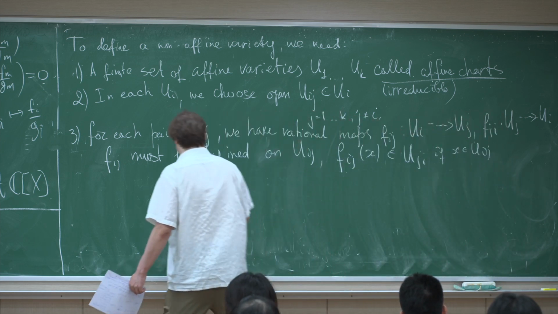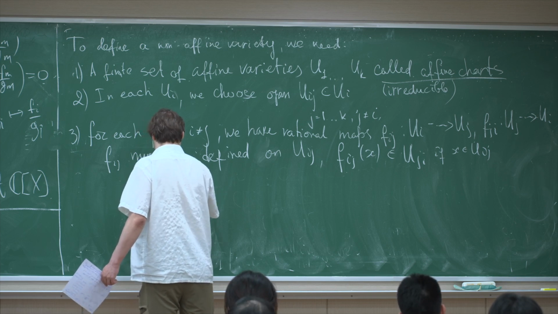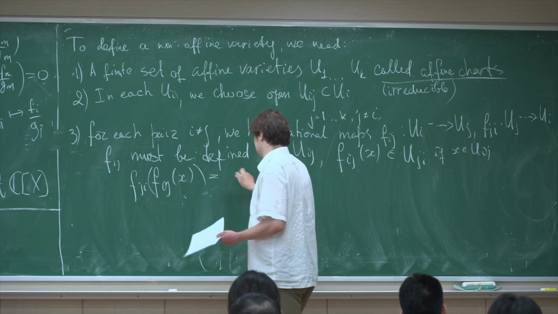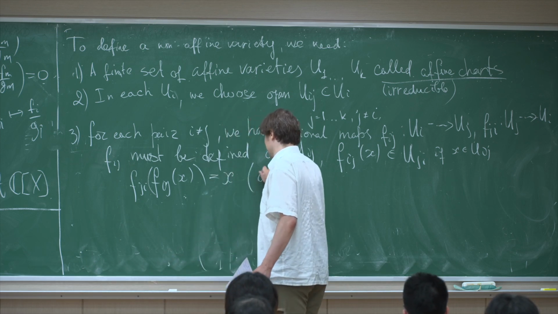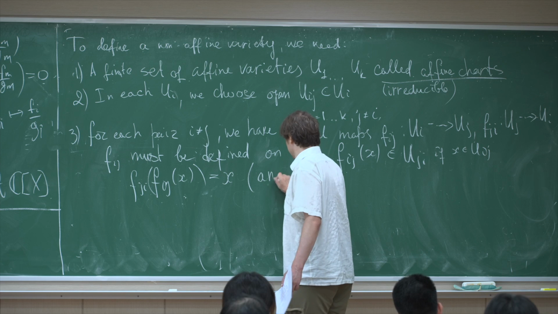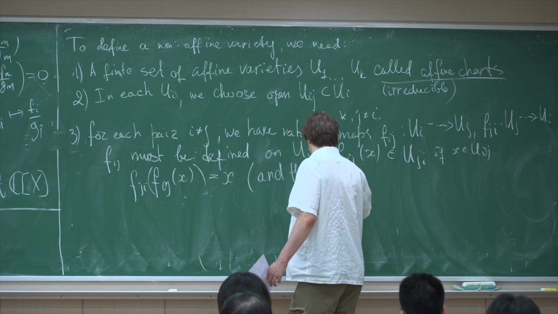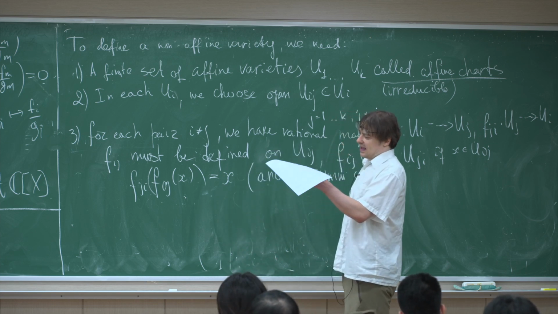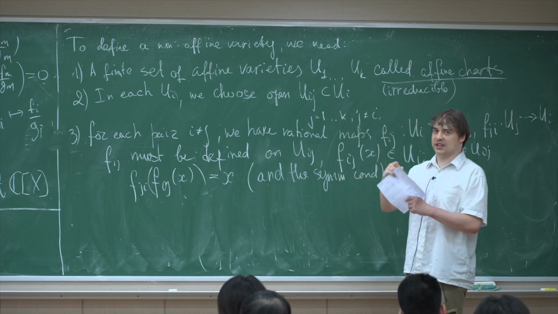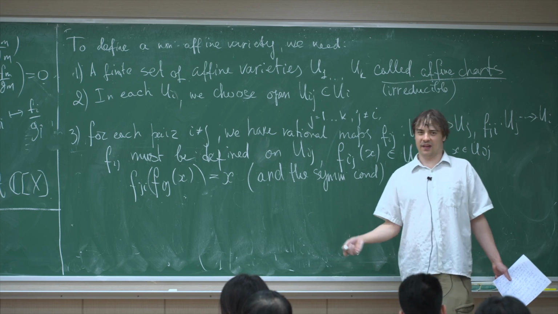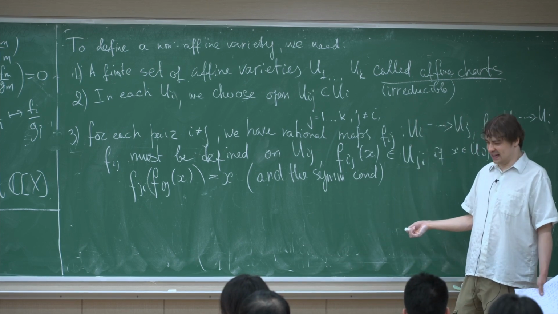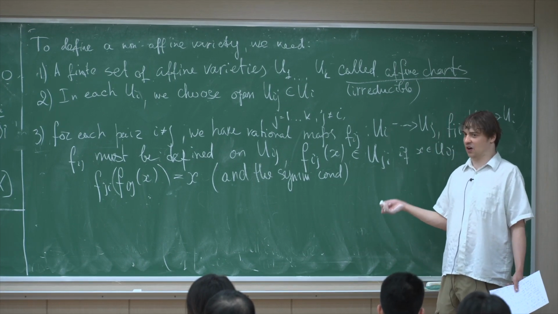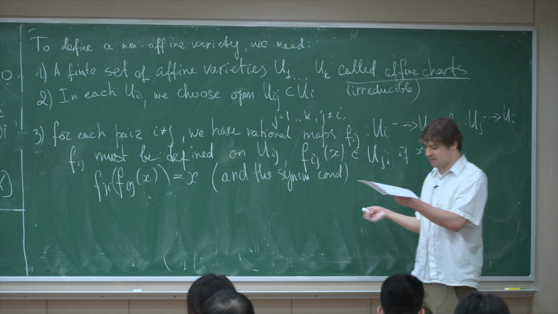Then if we apply first Fij to x and then Fji to the result, we get x back, and the symmetric condition for Fji. And one more condition, kind of looking like equivalence conditions, like transitivity in the definition of an equivalence relation. Namely,